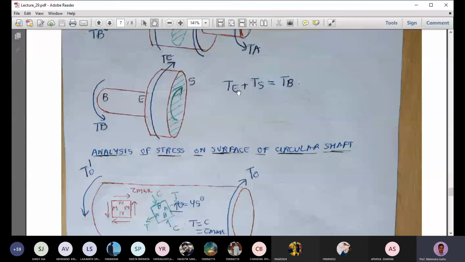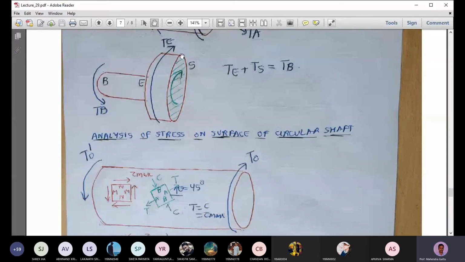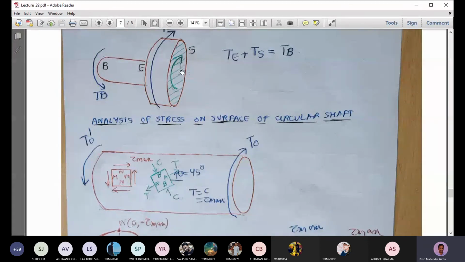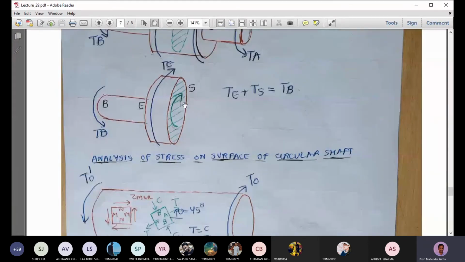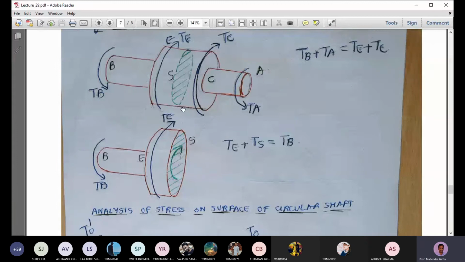So we can solve here and find what is TS value, and once we know the TS value, we can use our elastic torsion formula and find what is the maximum shear stress. And yeah, that's it. You can find the maximum shear stress which is occurring at the outermost part, and minimum is 0, lying at the center, lying on that axis. Okay, so the analysis is very simple. You just have to cut the cross section and look at the free body diagram and do the torsional force balance. Okay.